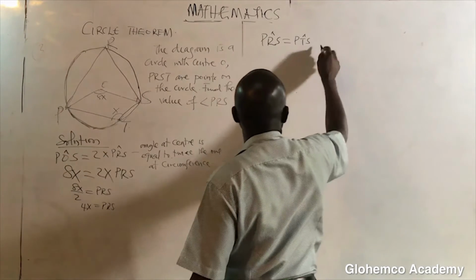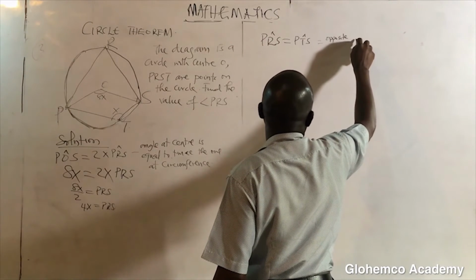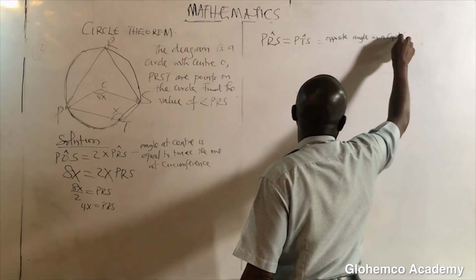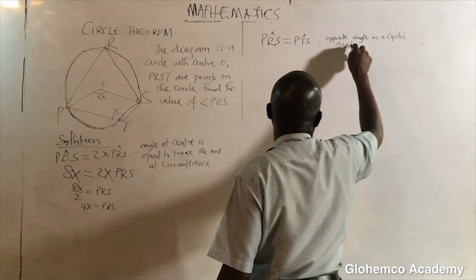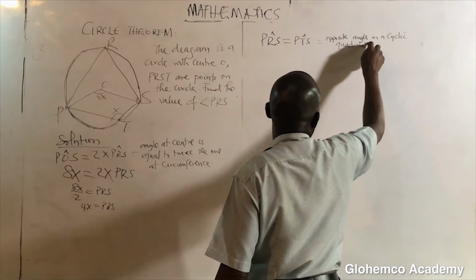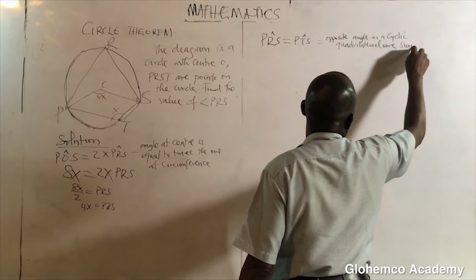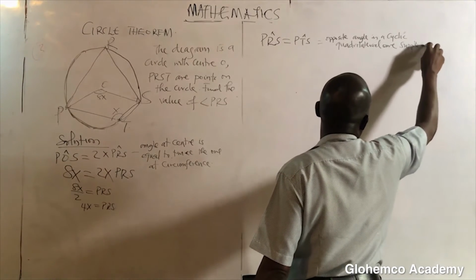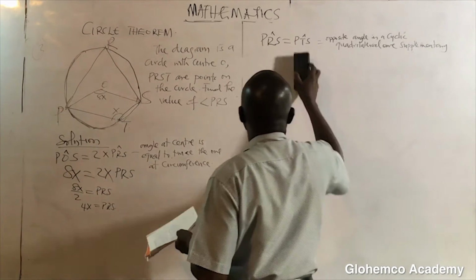PRS is equal to PTS. This is a what? Opposite angles in a cyclic quadrilateral. Opposite angles in a cyclic quadrilateral are equal to what? They are what? Supplementary. They are not equal, supplementary rather. If they are supplementary, they are not equal. It means what we are saying here is that